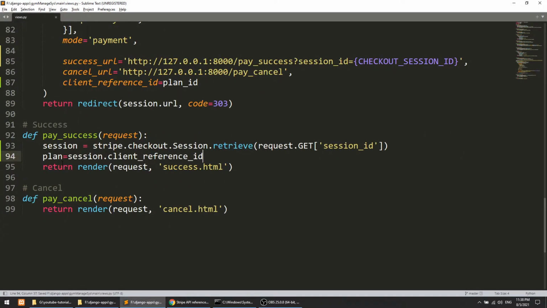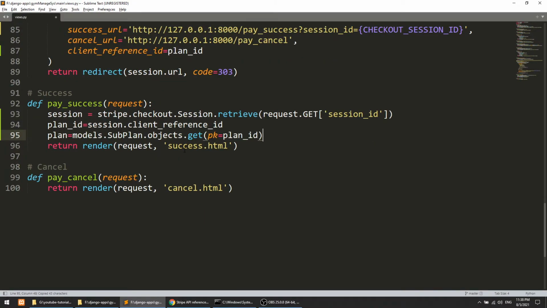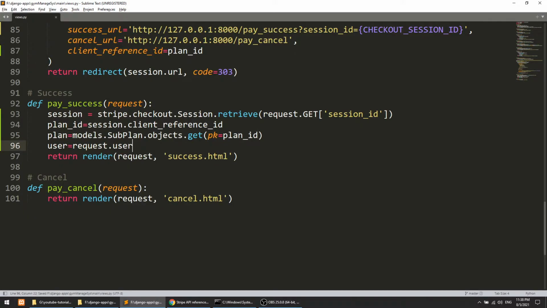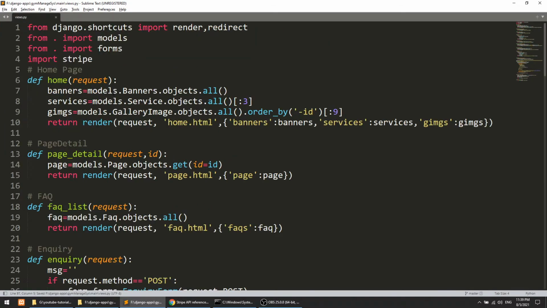So this is the plan ID, and we can simply get the instance, because when we are saving in the subscription model we need the instance, not the ID. And user is request.user. Now I will call the subscription model from the models.